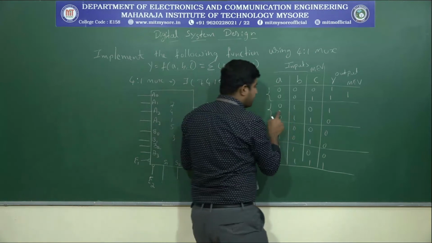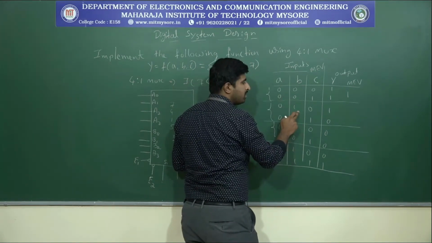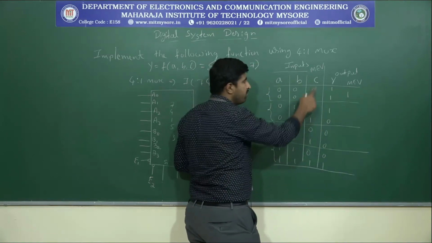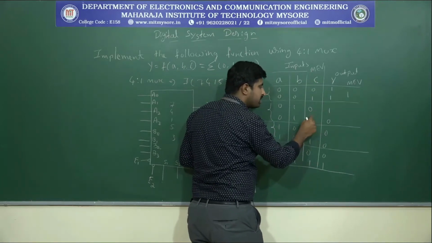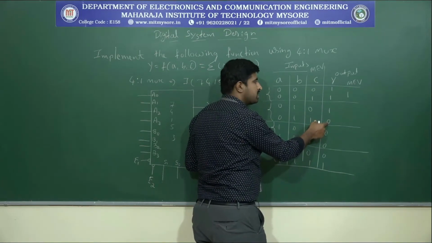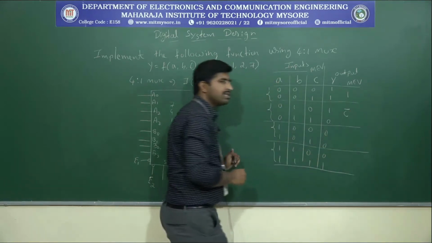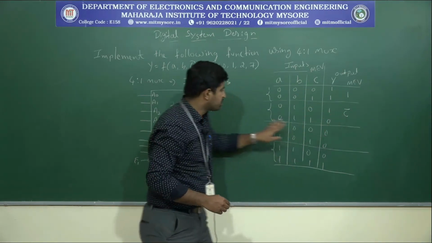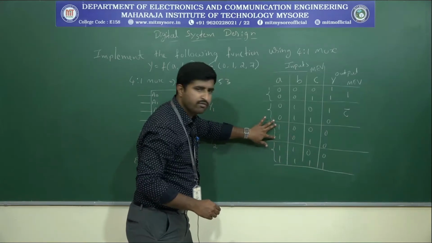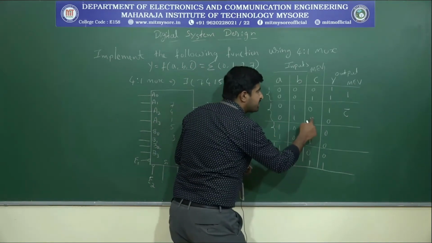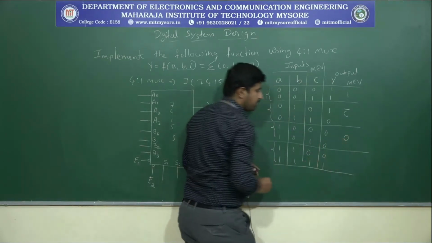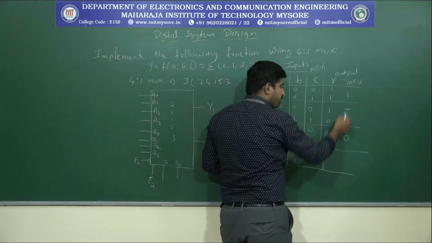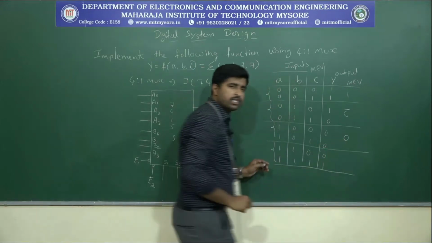Okay. So here when the inputs of A and B are 0, 1, okay, if you look at the C and the output, the output will be a complement of the C. See, when the C is equal to 0, output is 1. When the C is equal to 1, output will be 0. So that means the output will be a complement of the C. Whatever the C input is, the complement it will get. Okay. So now when the inputs are 1 and 0, that means for both these conditions, whatever the C value may be, output will be 0, right, 0, 0, 1, this will give a 0. So that's why we can say whatever the C combination may be, output will give a 0.